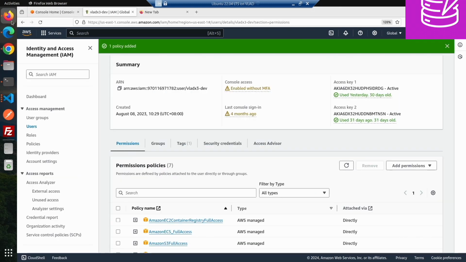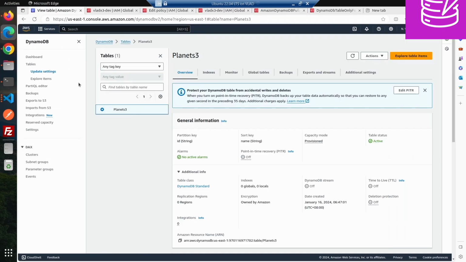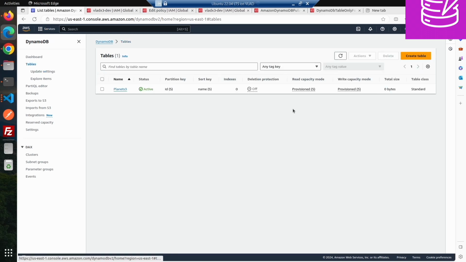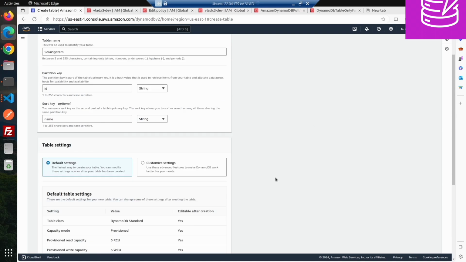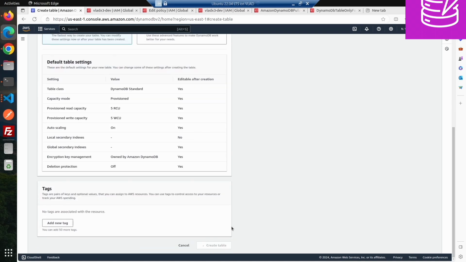And if we create another table here, so let's go to the main account, and then let us put here solar system. This one here is ID, and then this one here is name. And if we create this,